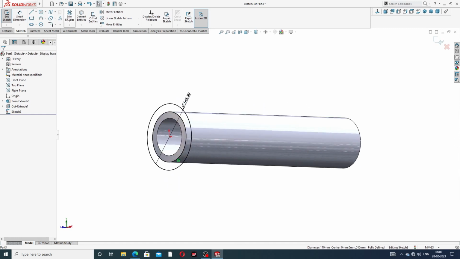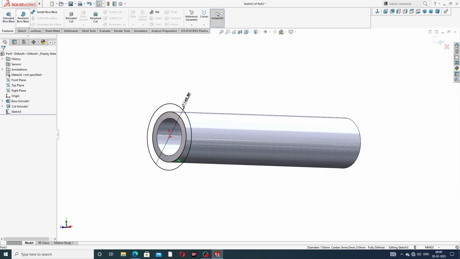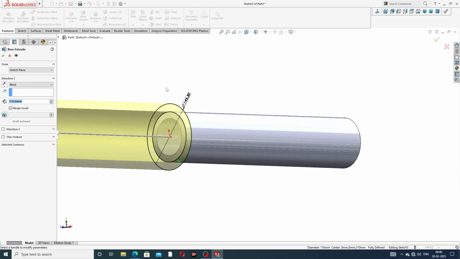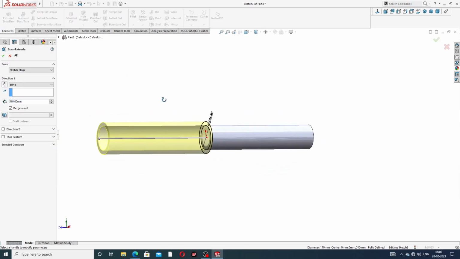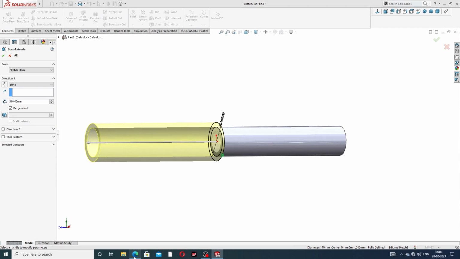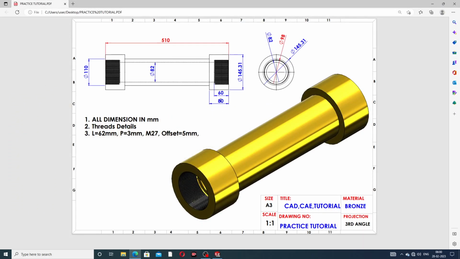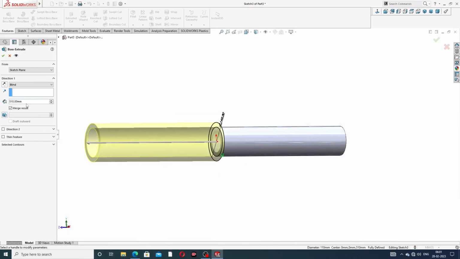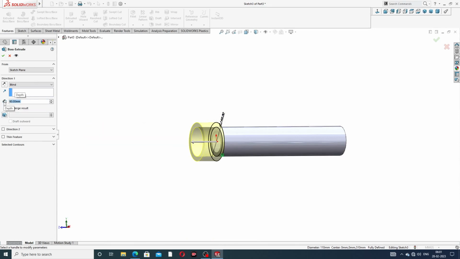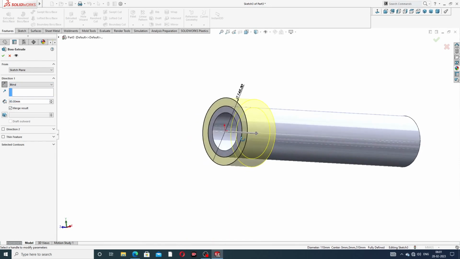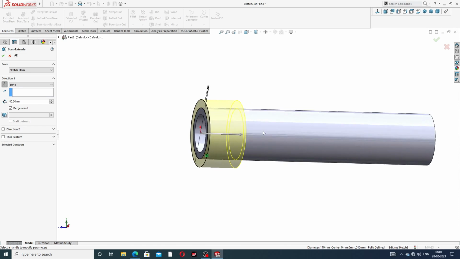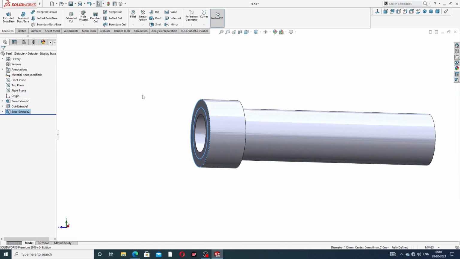and extrude. Okay, extrude boss. And this distance is 80 millimeter, and the direction is inside, and this is 80 millimeter and the direction is inside. Okay, this is perfect. Okay, this is perfect,